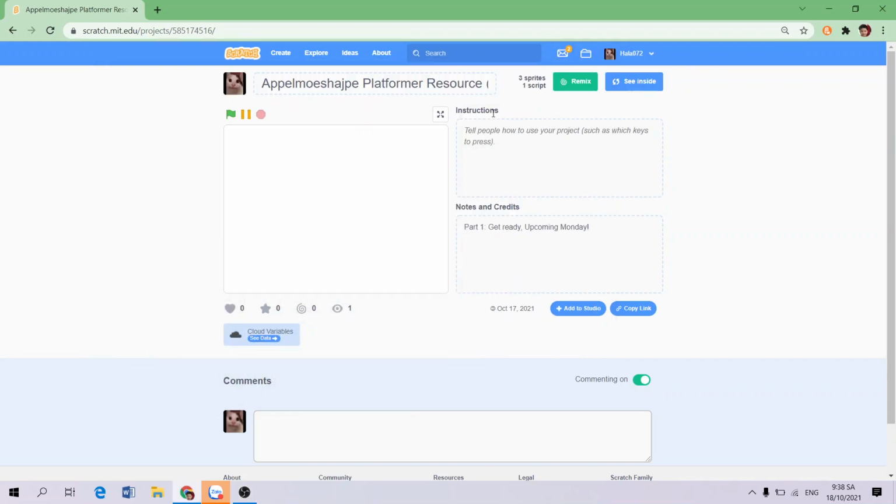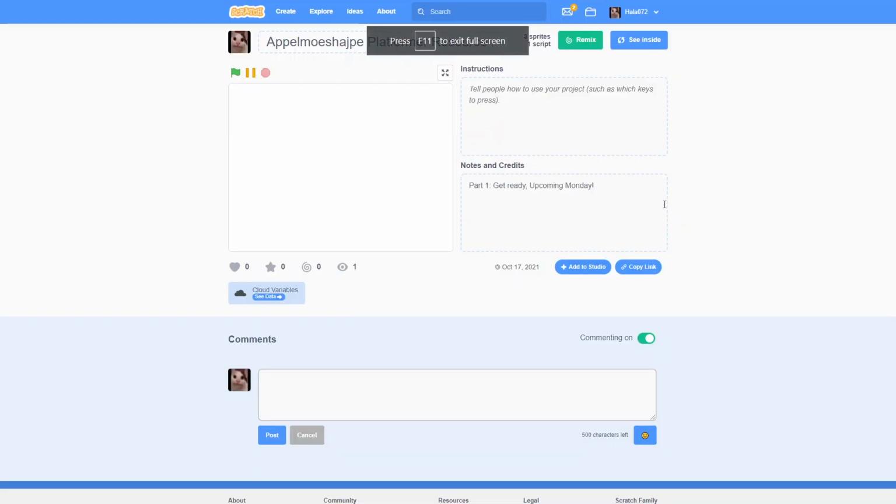Hi, today we're gonna create Appelmoeshajpe part 1. Okay, so here's the page that when you go to the resource project, you could give it